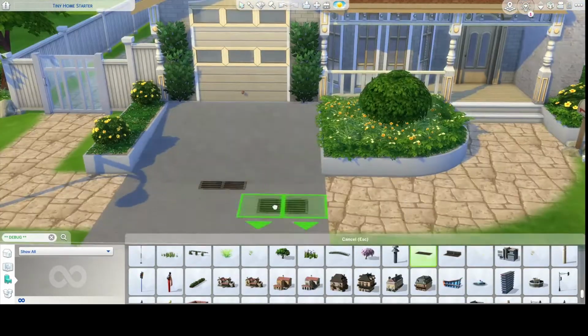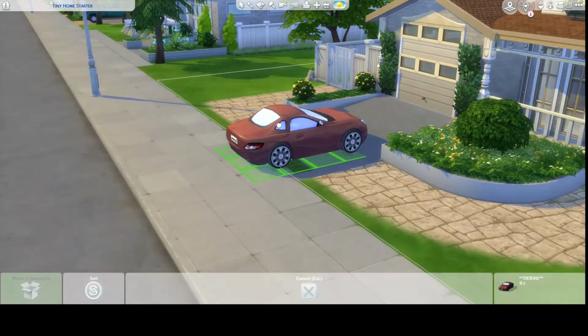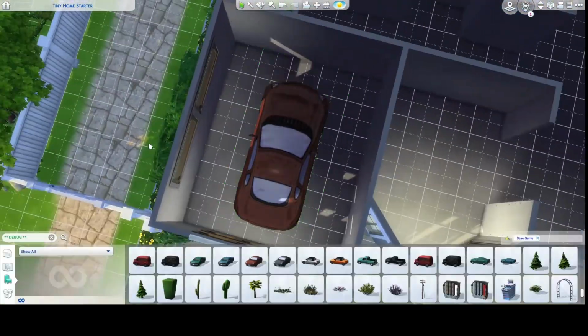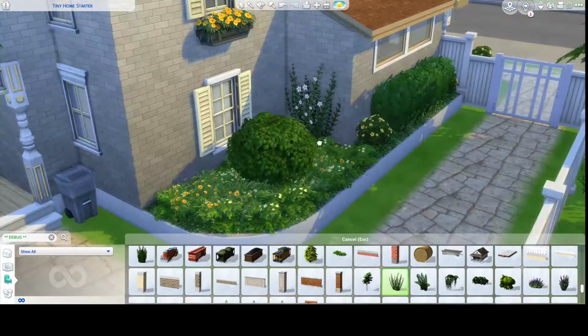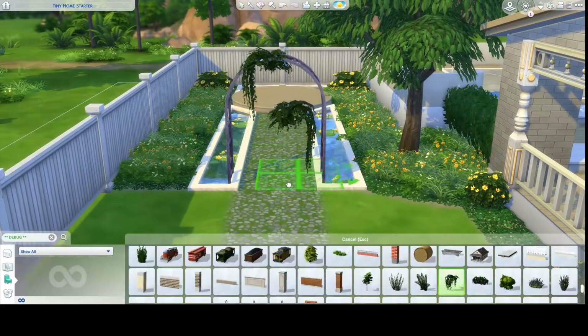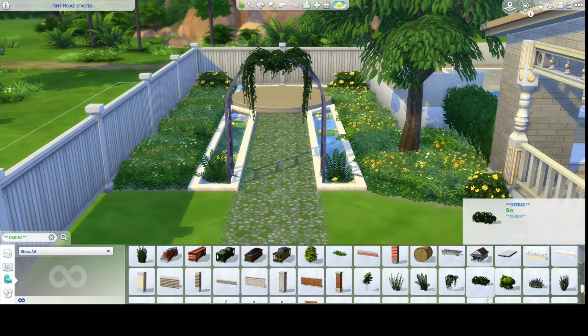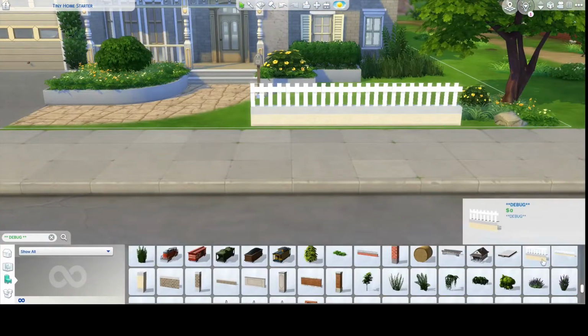Ah, yes, the debug menu, my favorite. So I get to this point in every build that I do where I just ransack the debug menu. And because I was doing base game only, it was actually quite a short menu. I just filtered by that. And yeah, I just go through the whole menu and pull out the things that I want, and that's